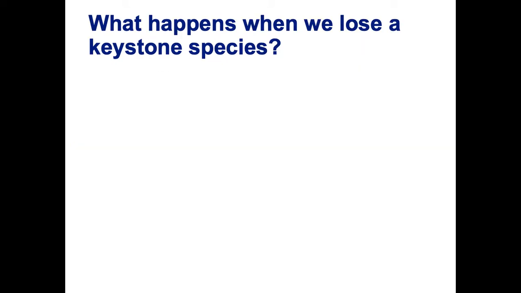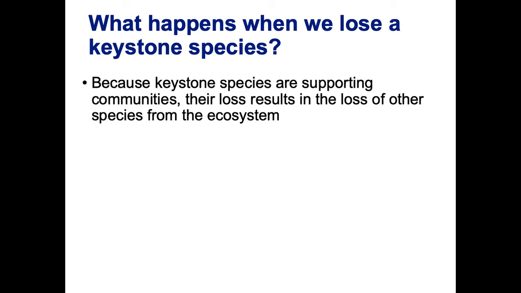So what happens when we lose a keystone species? Because they're supporting communities, their loss can often result in the loss of other species from the ecosystem. This is called an extinction cascade. So it's like the trophic cascade, but we see other species go extinct because they were relying on that keystone